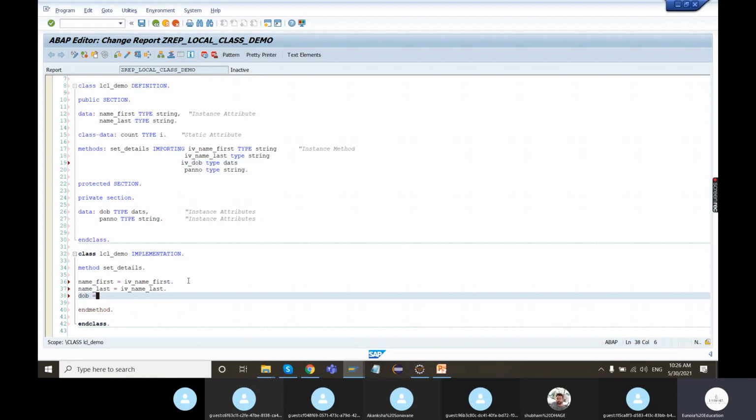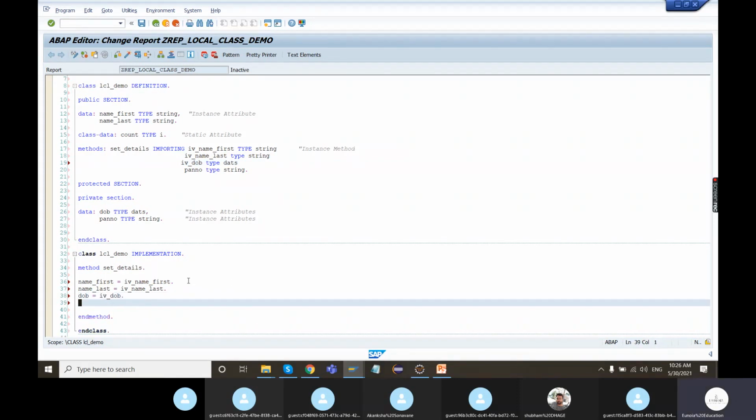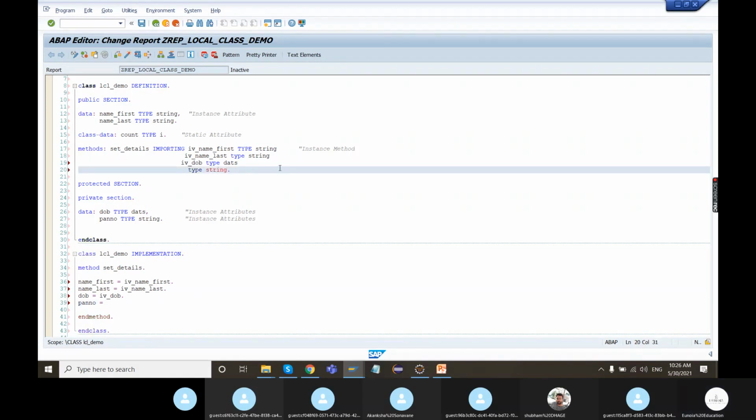Similarly, I need to change this IV underscore DOB. And one more attribute is remaining, it's PAN number. I'm going to simply set it using IV underscore, and I have to change this as well.